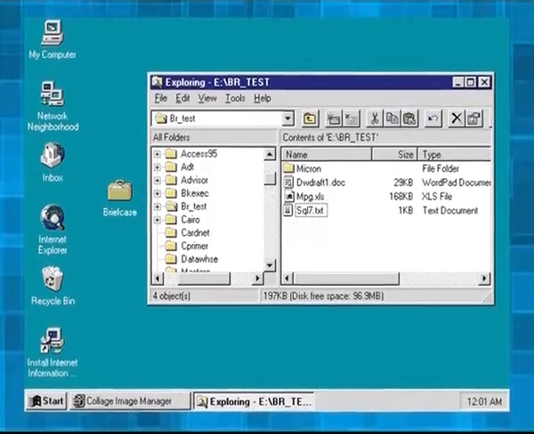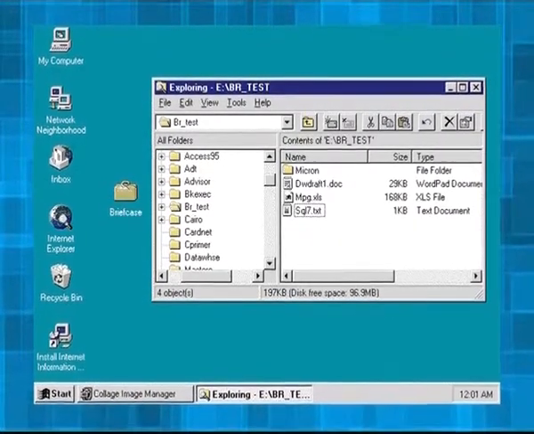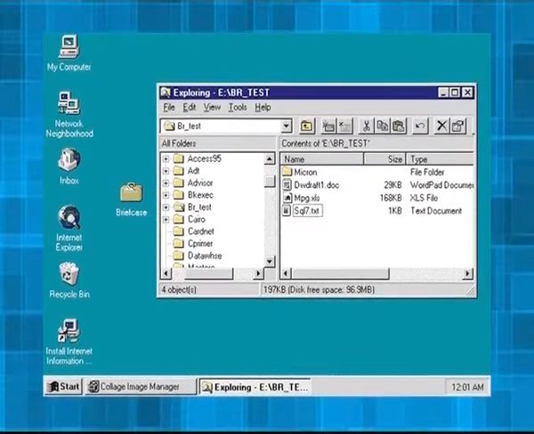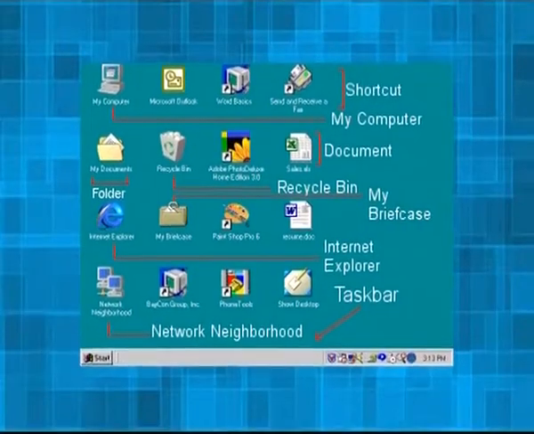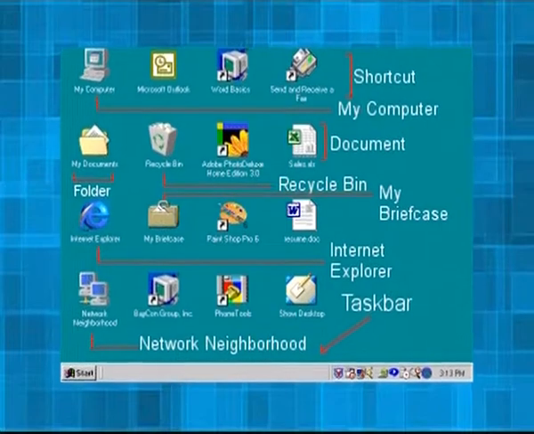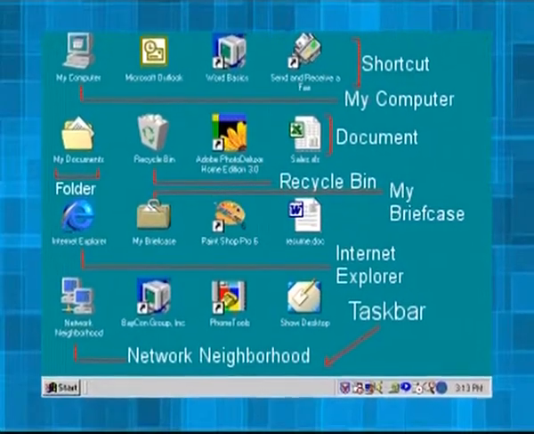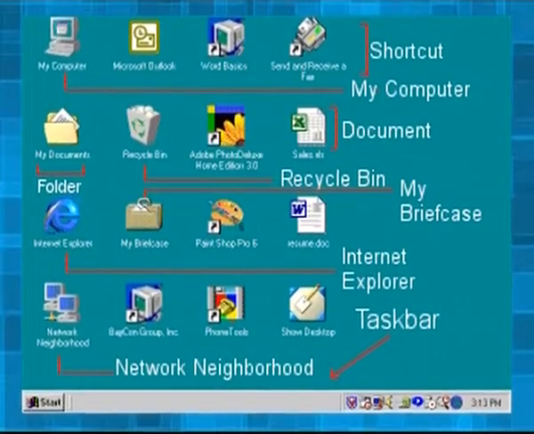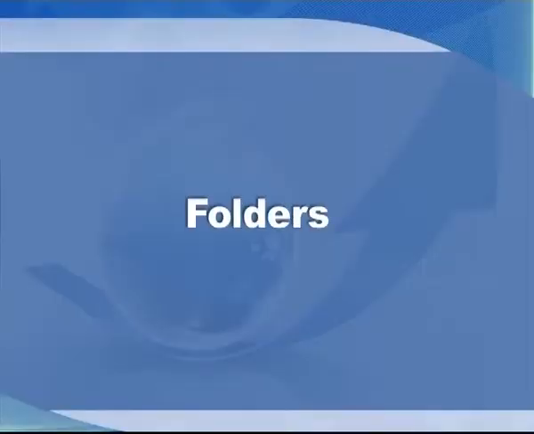The commonly used personal documents can be put or stored in the briefcase. This briefcase can be moved to a disk or copied across a network. Putting new objects on the desktop. New objects can be added to the desktop by dragging and dropping them from other locations or creating them on the desktop. Folders. To add a folder to the desktop, move the mouse cursor to an empty spot on the